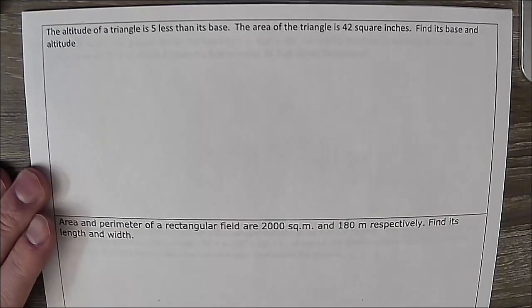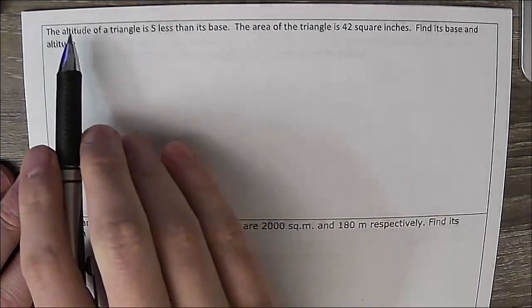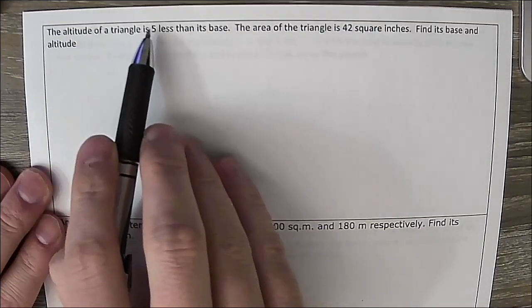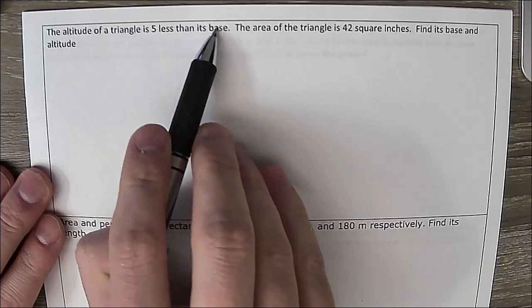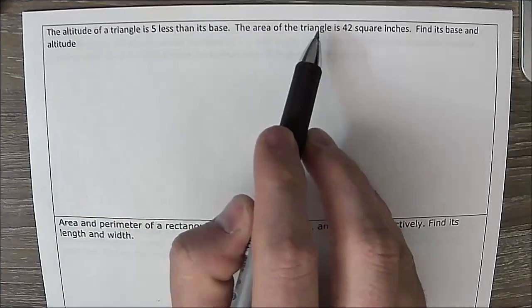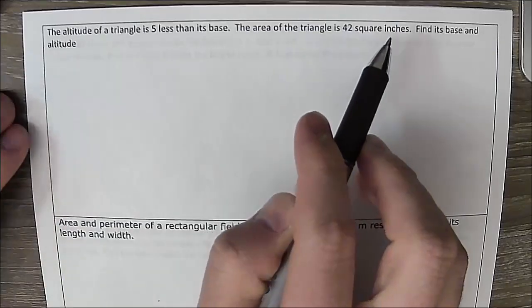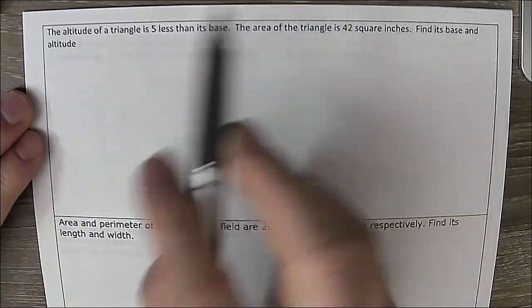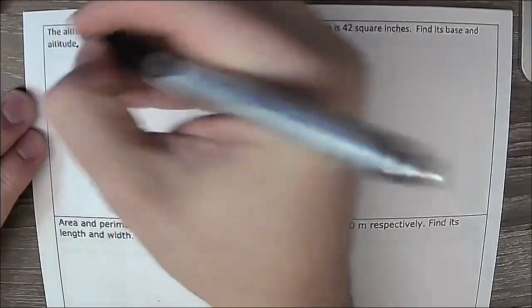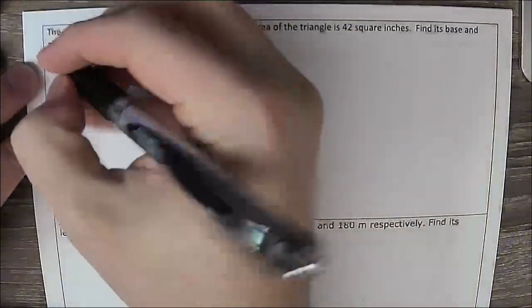All right, a few area problems that we're going to end up using factoring to solve. So we've got the altitude of a triangle is 5 less than its base, and the area of that triangle is 42 square inches. We want to find the base and the altitude. All right, so since we've got ourselves a triangle,